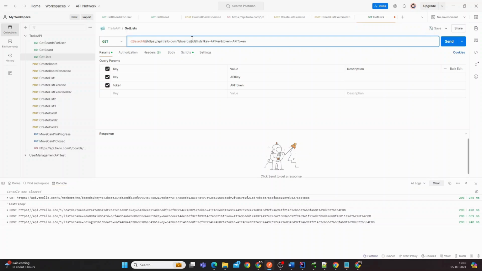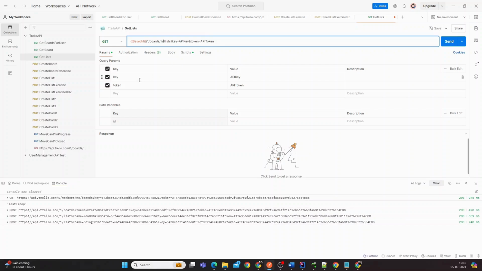I'll take out this because this is a base URL. It basically needs an ID. What we can do is make it a path variable,